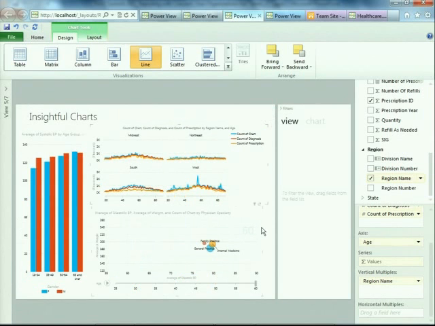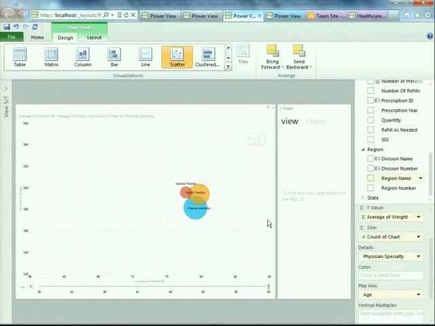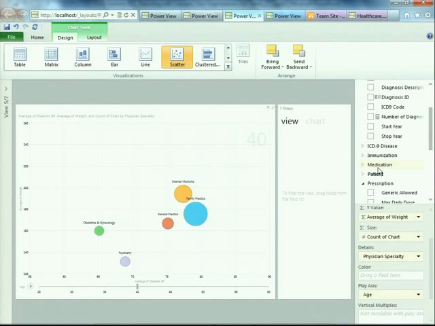So let's focus our attention to the bubble chart at the bottom. So let me pop this one out. So for this chart, you have seen several bubble charts so far today in different sessions, and also Olivier showed one earlier. So what I want to show here is a new feature we put into bubble chart, which is called color. So you see in the field well here, there's a thing called color. So if I drag and drop gender into color,